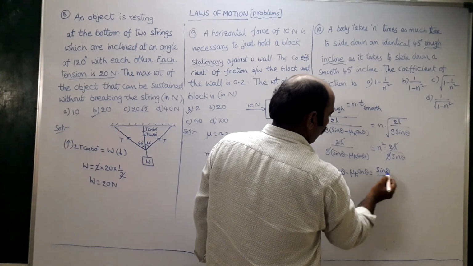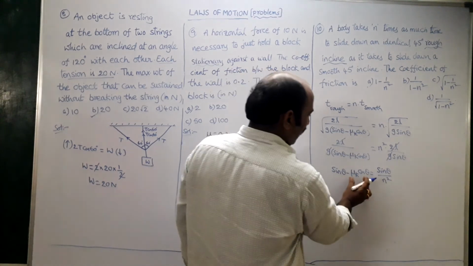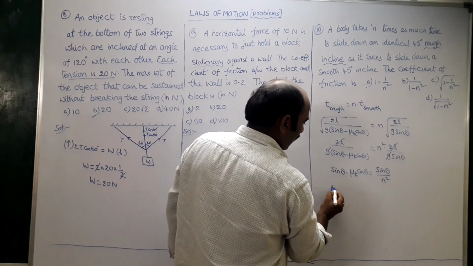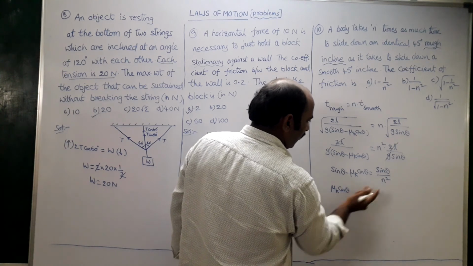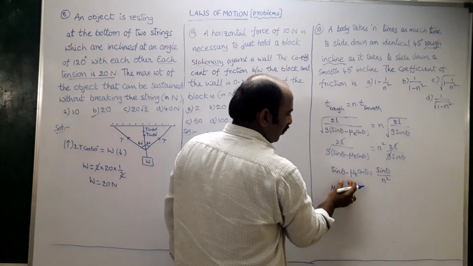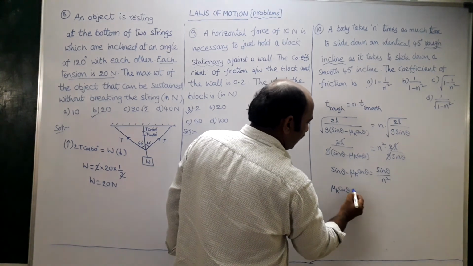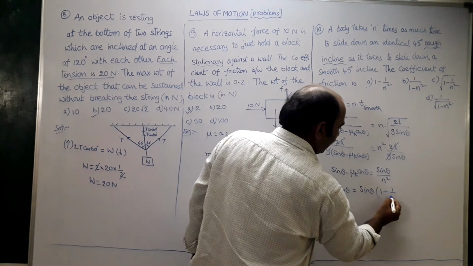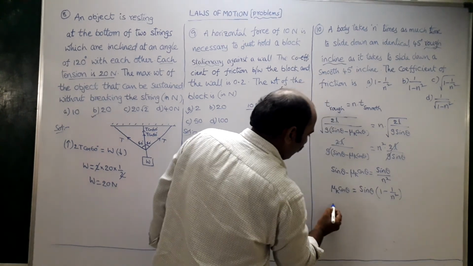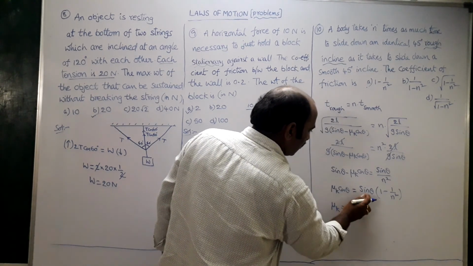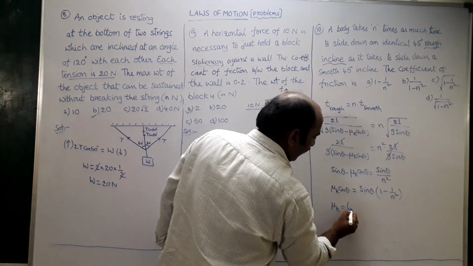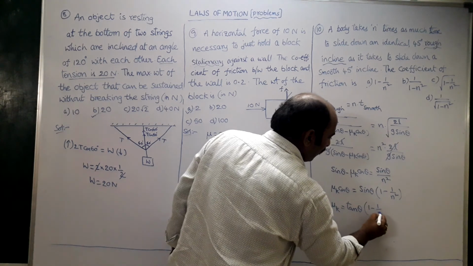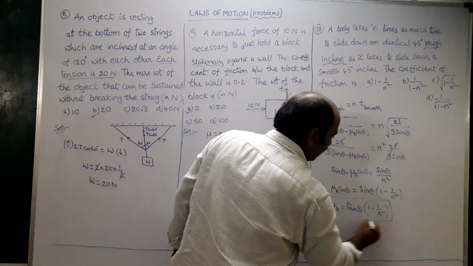Now reciprocals the fraction, we get sin theta minus mu k cos theta is equal to sin theta by n square. We want to find the mu value. That's why minus mu k cos theta is taken towards right side. Mu k cos theta and right side value is taken towards left side and common sin theta. Then we get sin theta of 1 minus 1 by n square. Now mu k is equal to sin theta by cos theta. We get finally tan theta of 1 minus 1 by n square. This is the basic formula.